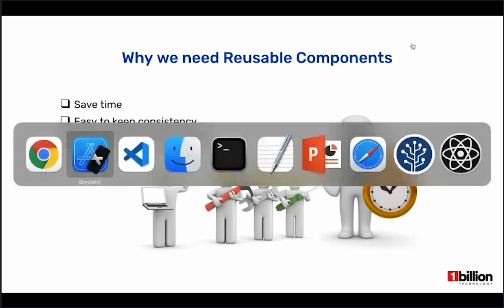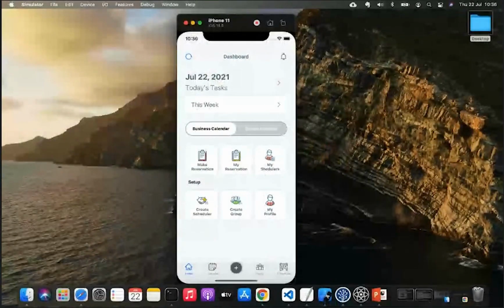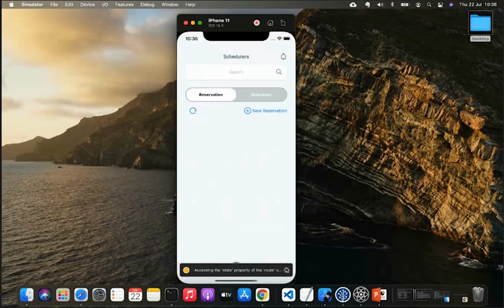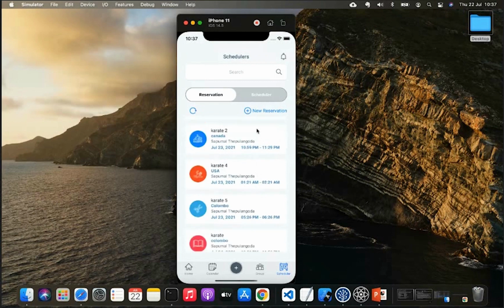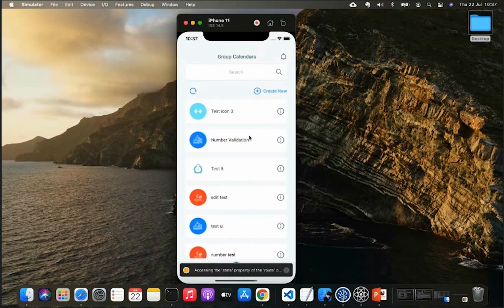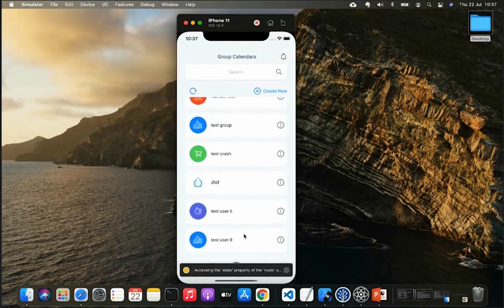Let's look at this application. You can see we have used a commonly used component here. It's a card component, and if you navigate to another section of the application, you can see similar card components. In this section also, we have a similar card component.